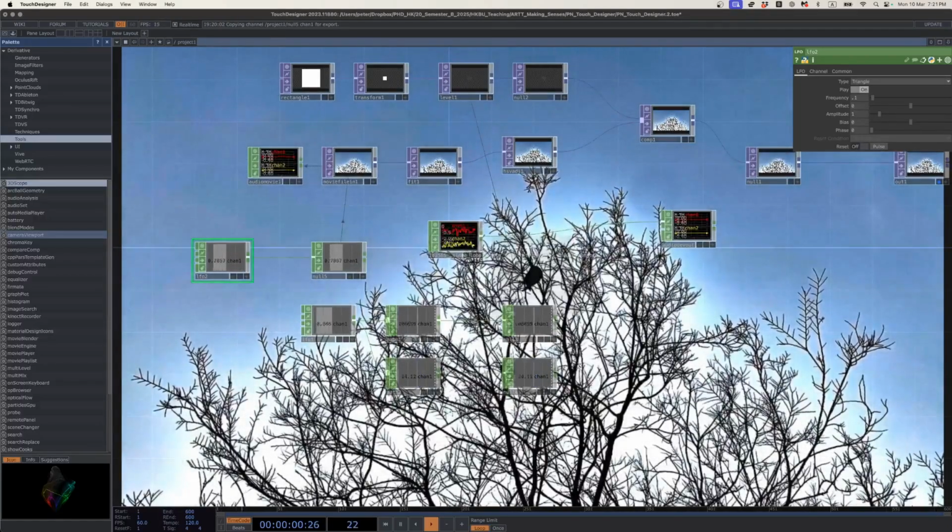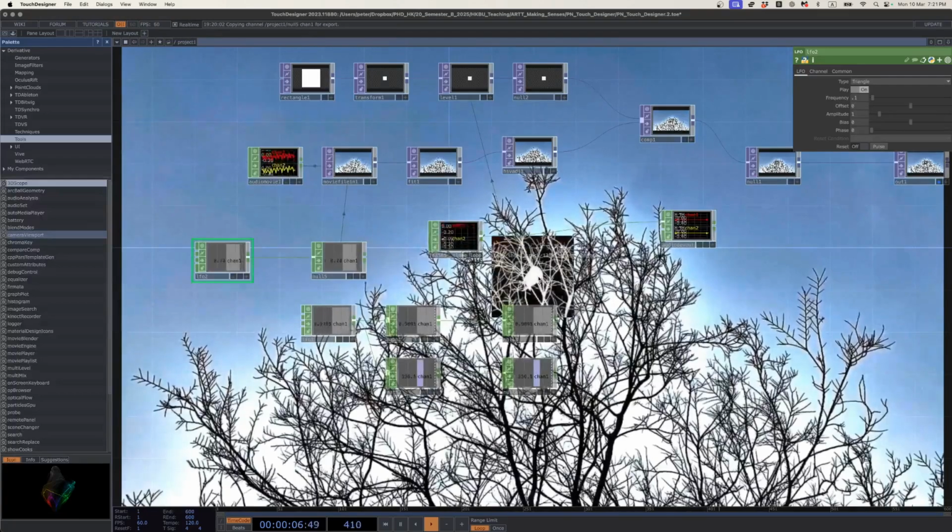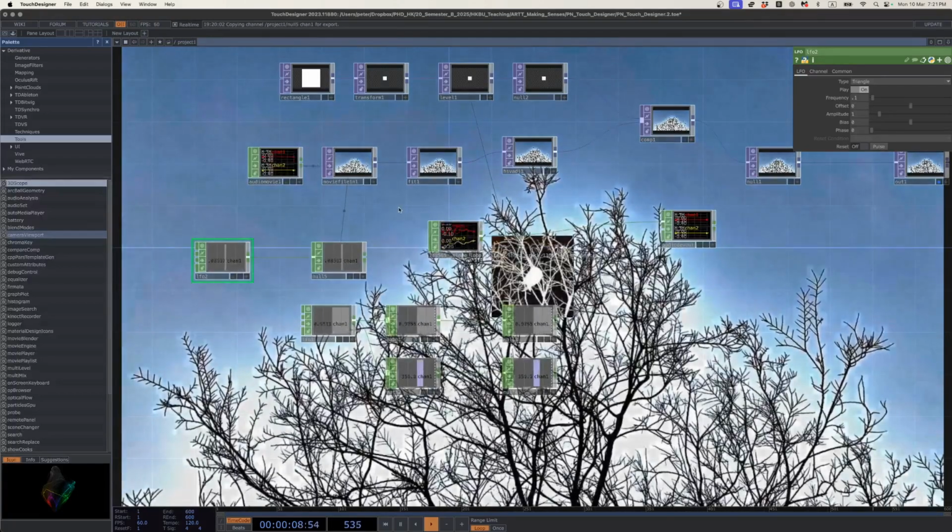But what I want to do is make a second rectangle, and this time we're going to use the sound to drive the rectangle. So okay, let's